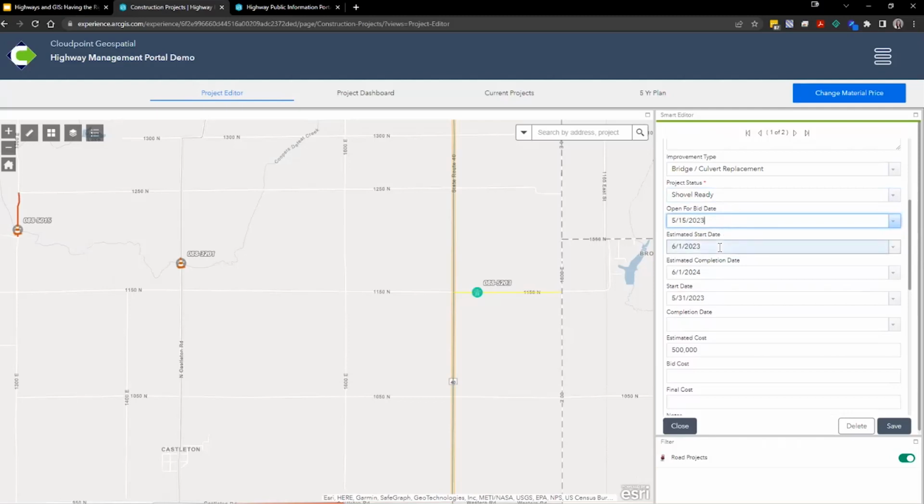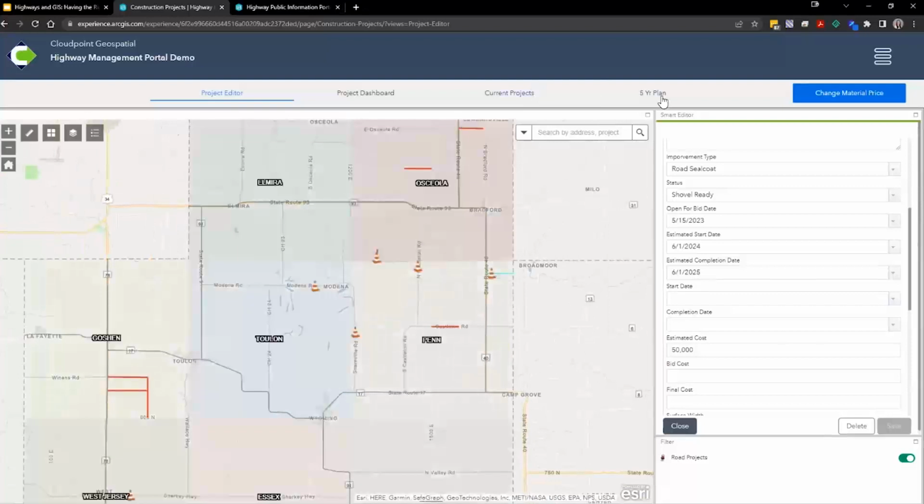That one could stay. And we're going to go 20. Let's say the bridge has to be a year later. So we're actually going to start that in 25 and 26. And then we'll take the start date out. I'm going to hit save. What that will do, if I